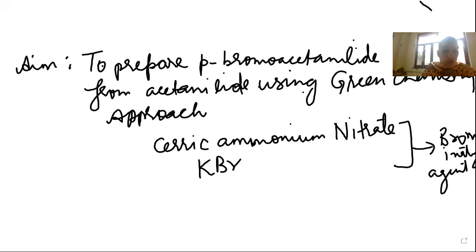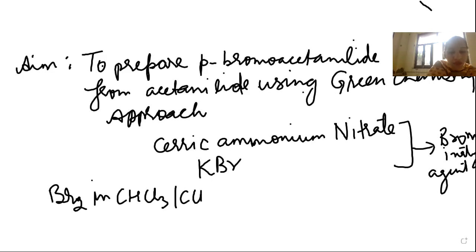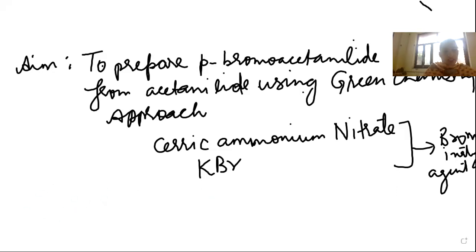Otherwise, if we do a normal bromination reaction, we use bromine in some chlorinated solvent, either chloroform or CCl4. As the handling of bromine is very difficult, in this case we will be using the green chemistry approach to do the bromination of acetanilide. So we will be needing ceric ammonium nitrate and potassium bromide. Moreover, this reaction is carried out in aqueous solvent, so we will use water,